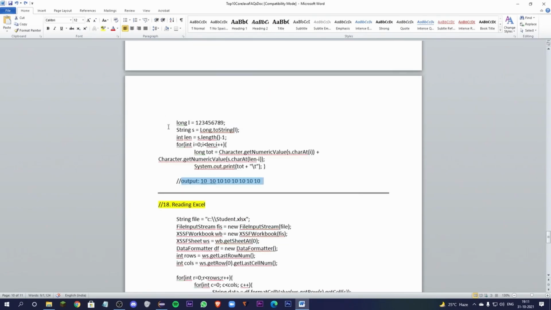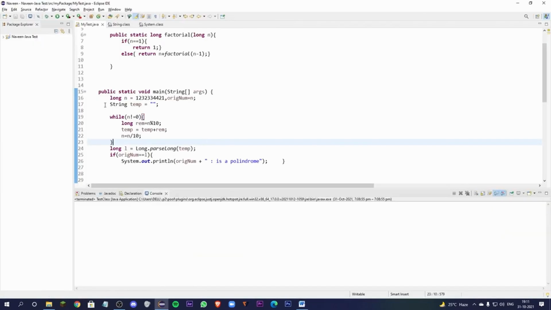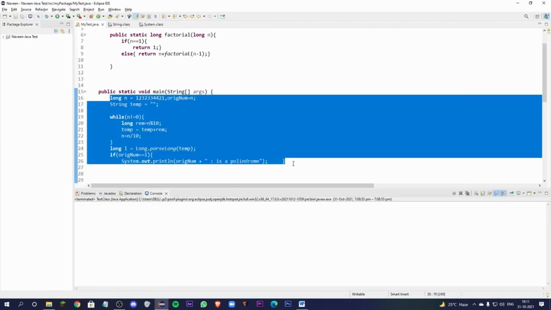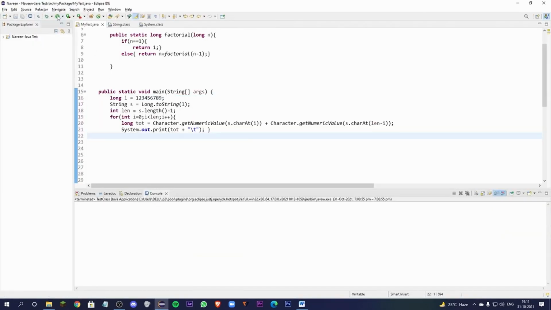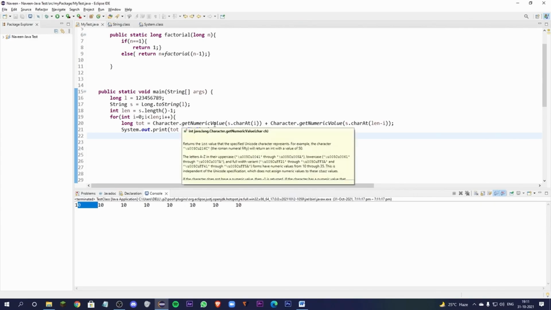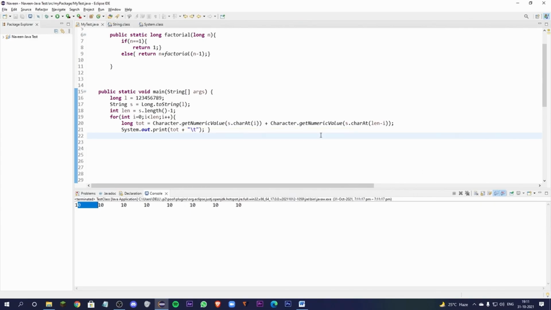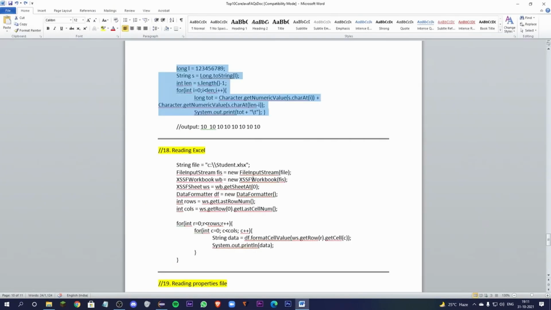Let's check. See, 10, 10, 10, 10, 10. So each time it is adding the first number and last number, the second number and last but one number. So that way we can print